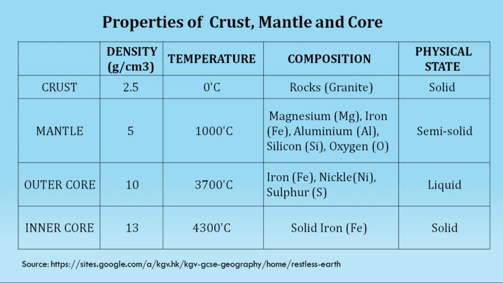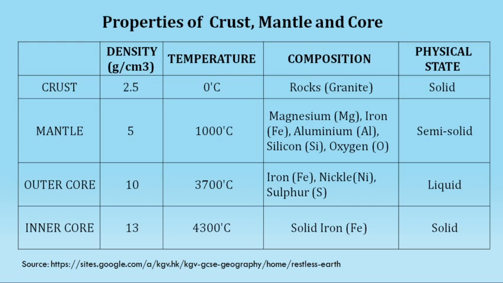The major minerals are iron, nickel, as well as sulfur, and the state is liquid. The inner core has a density of 13 gram per centimeter cube. The temperature goes up to 4300 degrees Celsius, and it is solid, made up of solid iron, and the physical